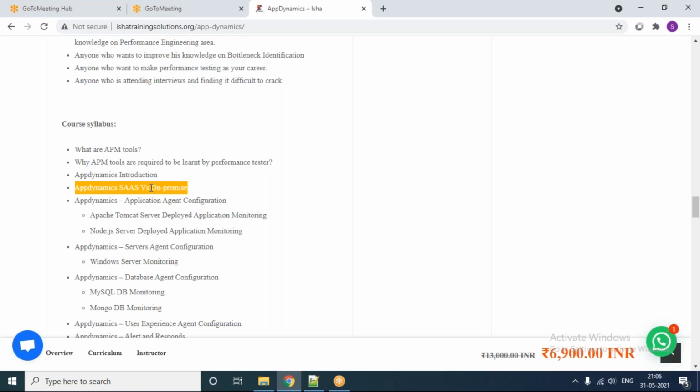We are going to see what on-premises is, what the SaaS model is, which customer will use which model, what the architecture is, and how they are differentiated. Because a banking, insurance, retail or telecom customer may come and ask in what way they can get the AppDynamics license, and you should have that clarity. We are going to get that using AppDynamics SaaS versus on-premises.